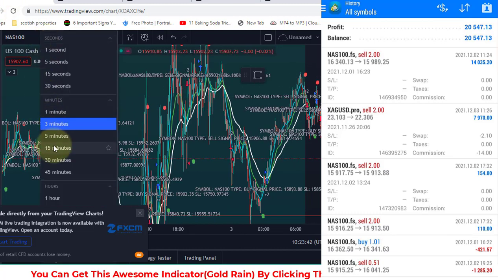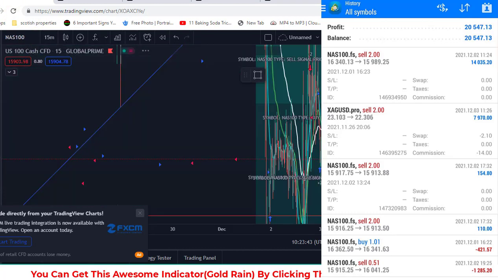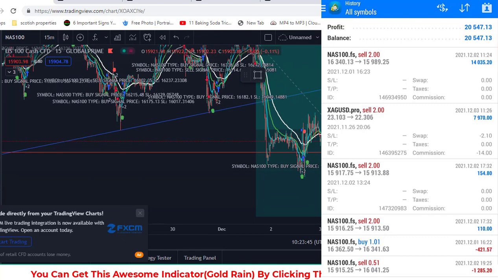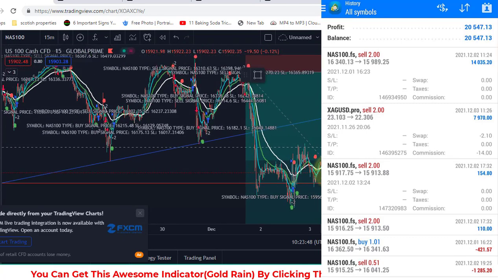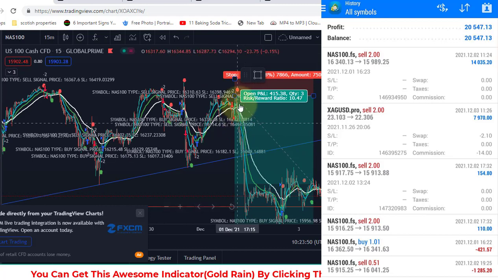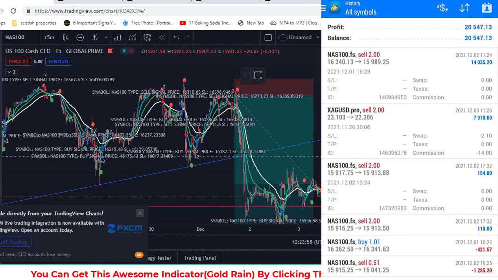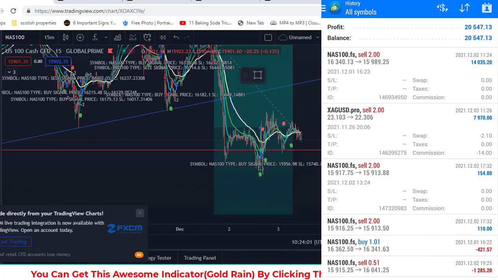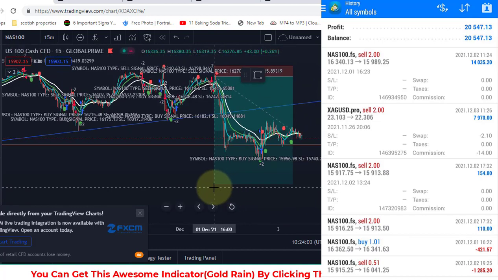If I change this to 50 minutes, we can see it better. Look at this trade, guys. So I cut this move. This, with 2 lot size, made me $14,000. Yeah, Nasdaq is just crazier than gold, crazier than silver. From 1 December to just 1 December, so in one day, in a couple of